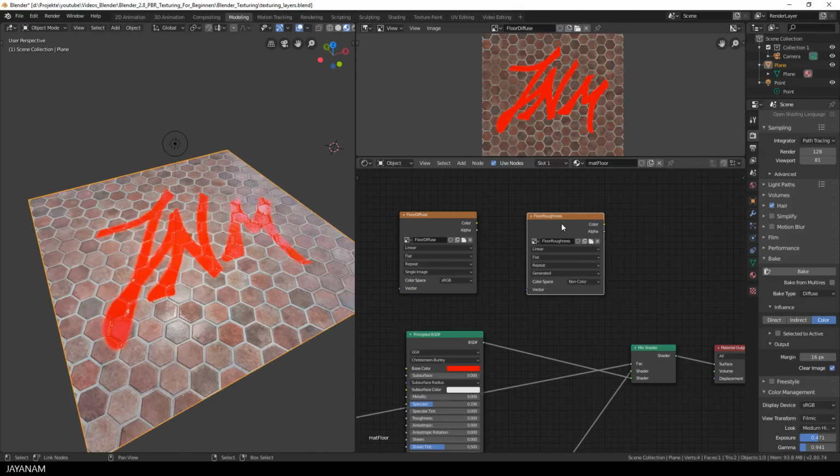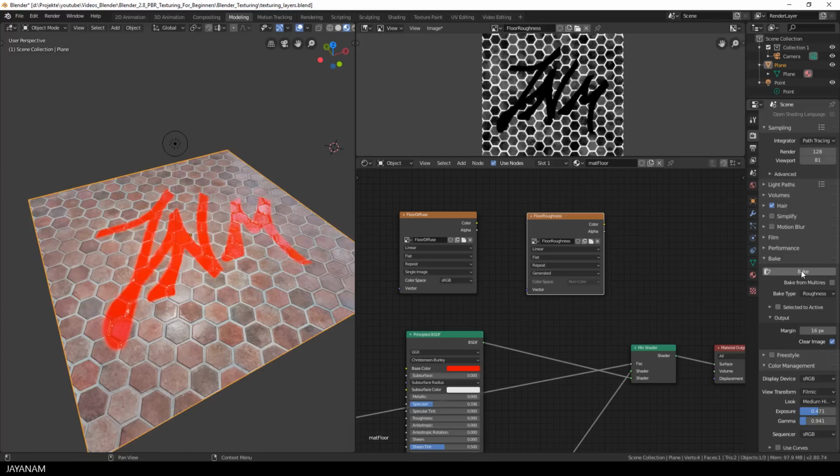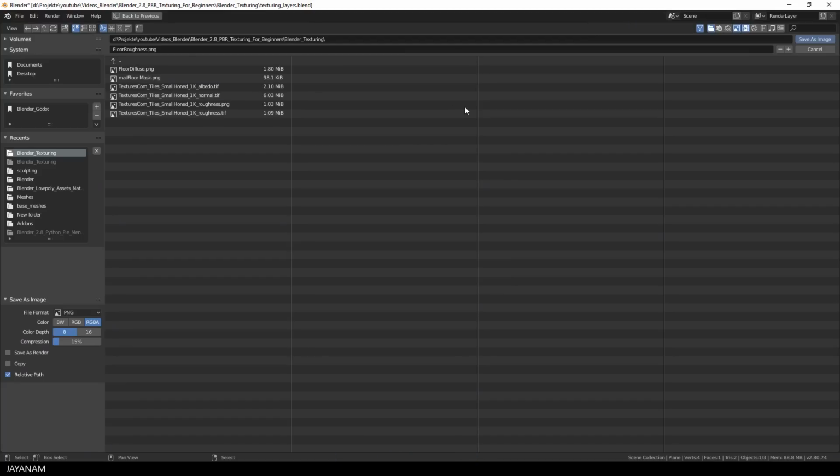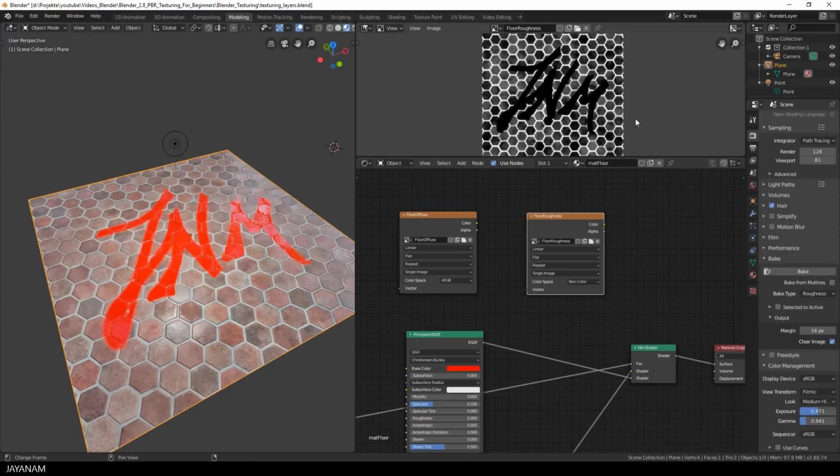And after that I set the bake type in the properties to roughness. Okay, this baking will be a bit faster. Press bake to bake the roughness map. And here we go, you can see the overlay is kind of black. This means there is less roughness and it will be more shiny than the other parts. Then I save the texture as floor roughness,